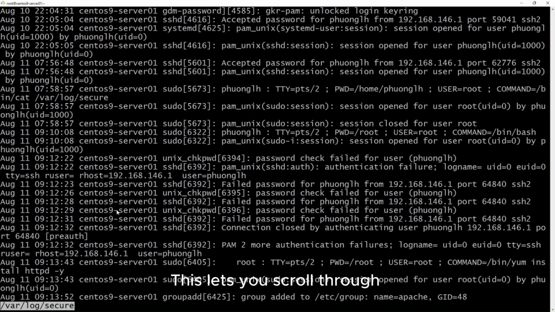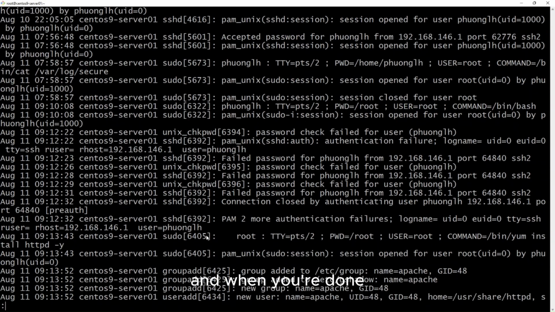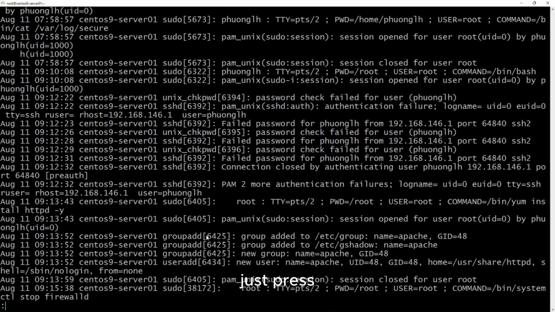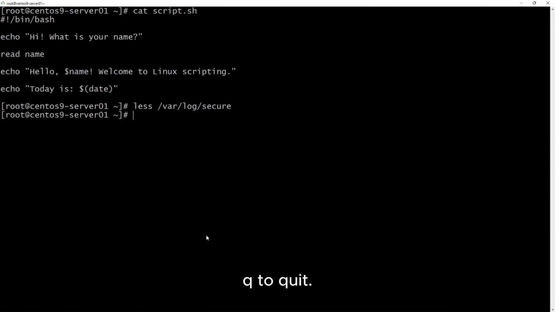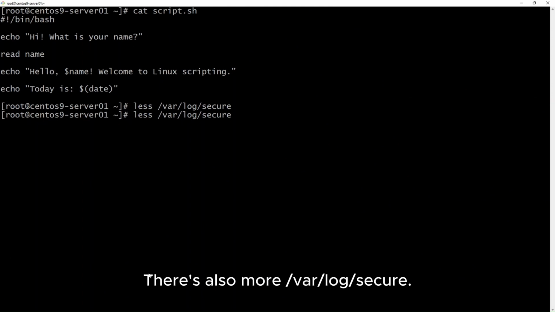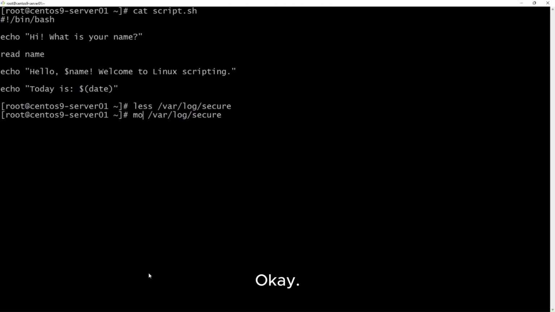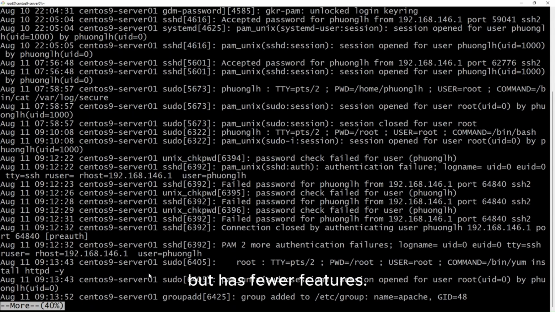This lets you scroll through the file one screen at a time. And when you're done, just press Q to quit. There's also more, which is similar to less but has fewer features.